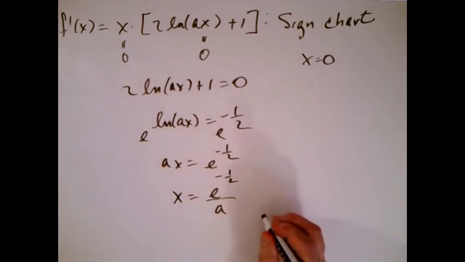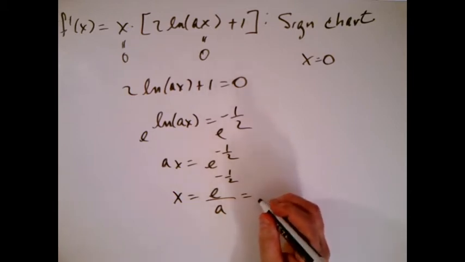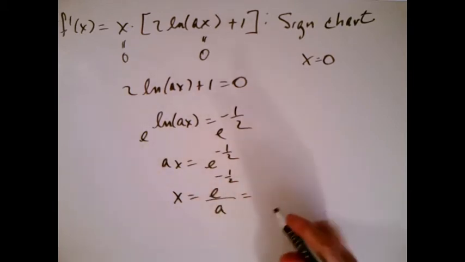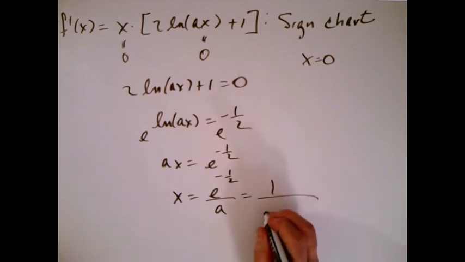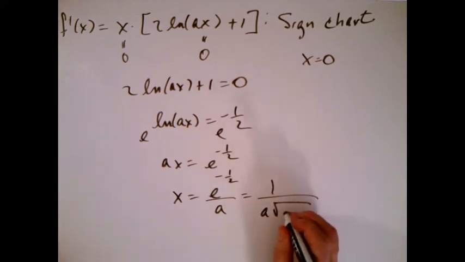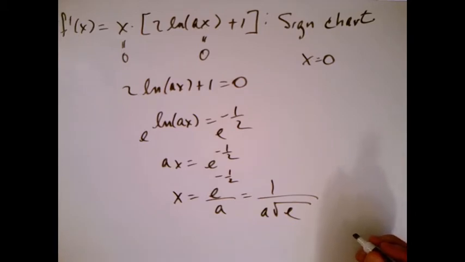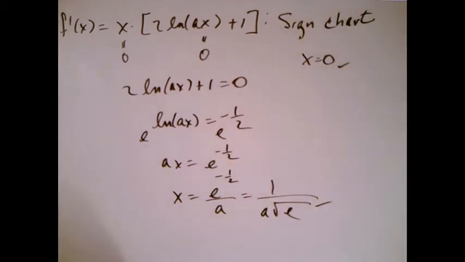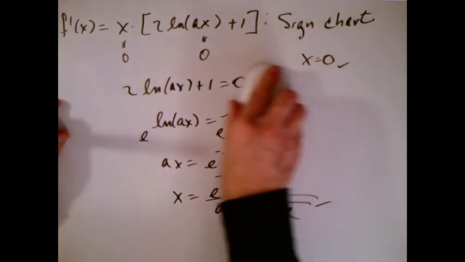If I leave it like that, well, it makes lots of mistakes. So what I'm going to do is remind myself that e to the 1/2 is a square root. E to the minus sign puts it on the bottom. So what I really have here is 1 over a times the square root of e like that. So if anything, I've got 2 numbers to put on my sign chart. So I'm going to erase what's in the middle